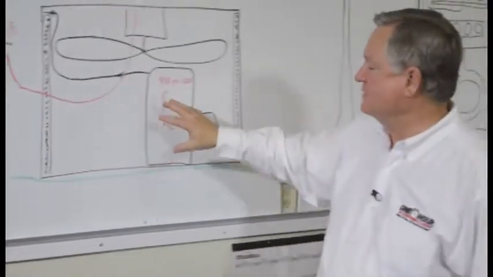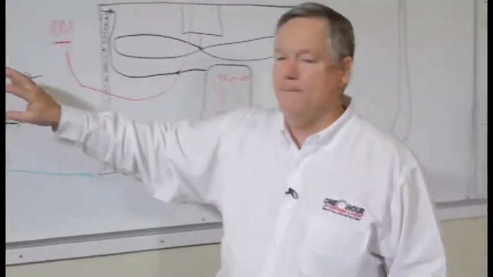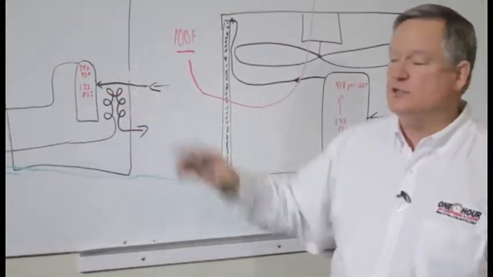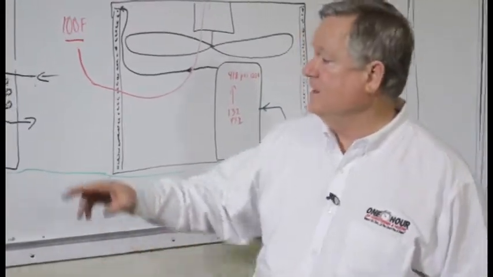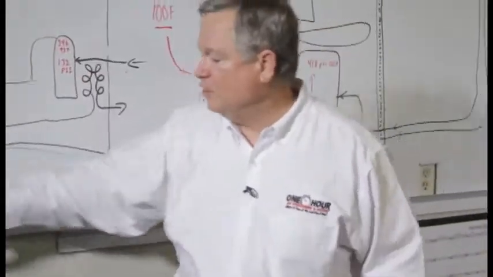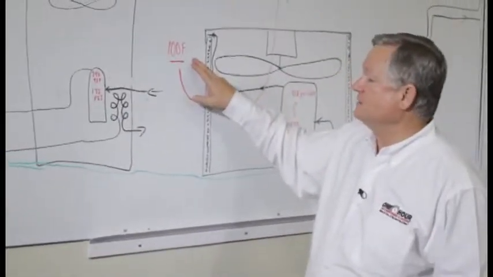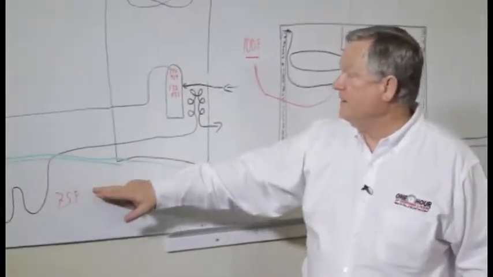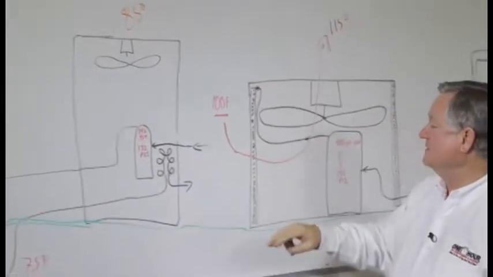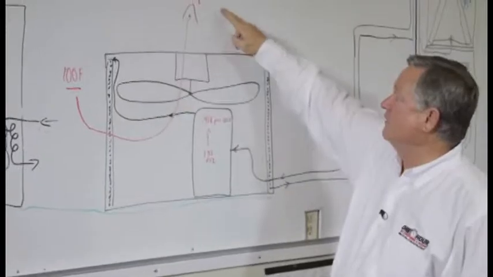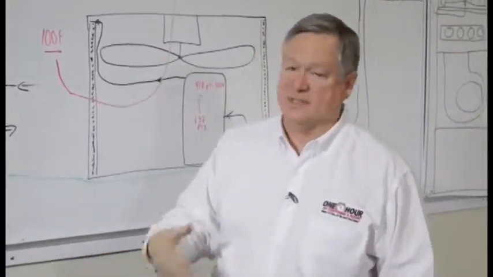That difference in the pressure means you need much less compressor power. For a 5-ton system, you may have 5 horsepower on the traditional system, where here you need much less horsepower, which means that you can save up to 60% of the electric cost of running it. The reason is that it may be being cooled with 75-degree ground instead of 100-degree outside air. And going from 75 to 85 as it goes through the geothermal system, instead of going from 100 to 115, gives you much greater efficiency and can save up to 60% of the electrical